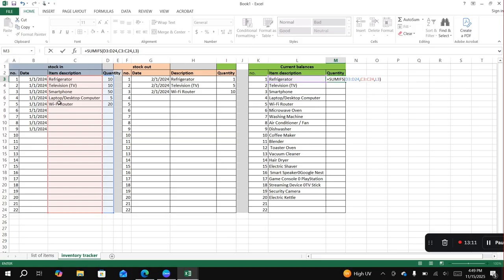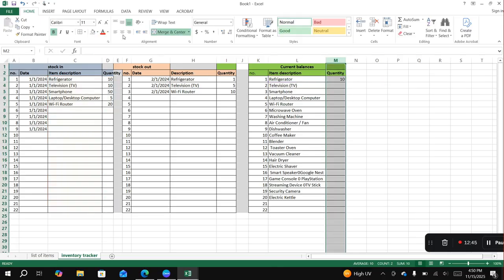But there's something here. I don't want my table, the lookup range and the sum range to change. So I'm going to use F4 to lock. I hope you're seeing up to here highlighted. And how do you lock? If your keyboard doesn't support F4 locking, you just insert the dollar sign. So if I press enter, basically this will bring